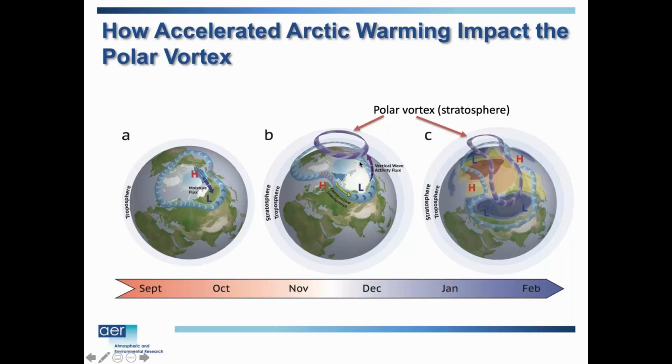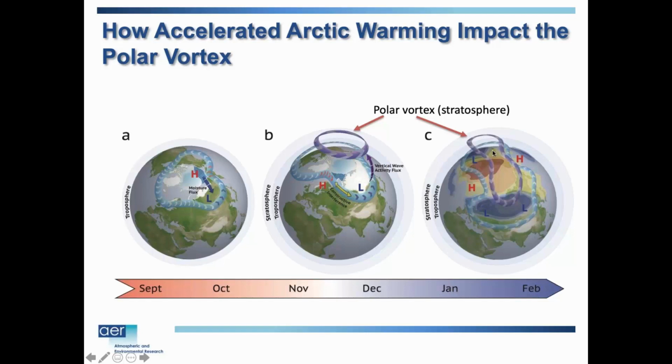Now the sea ice anomalies move from the North Pacific side to the North Atlantic side, into the Barents-Kara Sea. That heats the atmosphere, which leads to ridging. So you have ridging over northwest Eurasia and troughing over northeast Eurasia. That is favorable for an increase in the vertical wave activity flux, or polar heat transport into the polar vortex. That leads to a weakening of the polar vortex and warming over the Arctic.